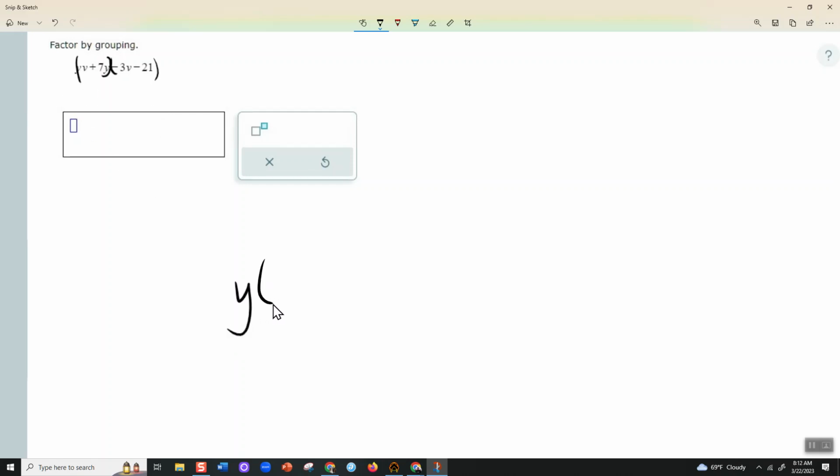Take out the y, I'm going to get v plus 7. In this group here, I notice that they're both negative, so I'm going to factor out a negative 3, because these are both of the y3. So negative 3 is going to be what I factor out. Negative 3 divided by negative 3 is a positive 1v, and then negative 21 divided by negative 3,